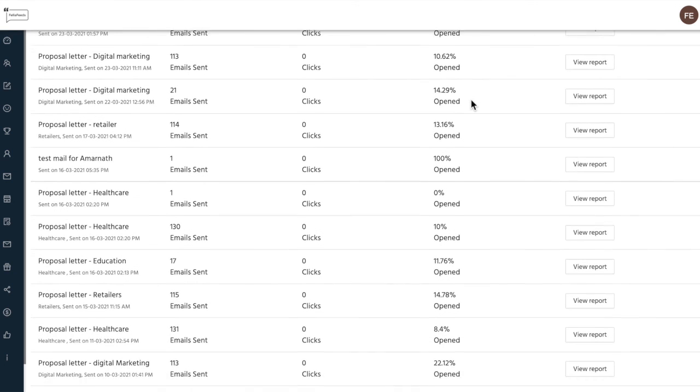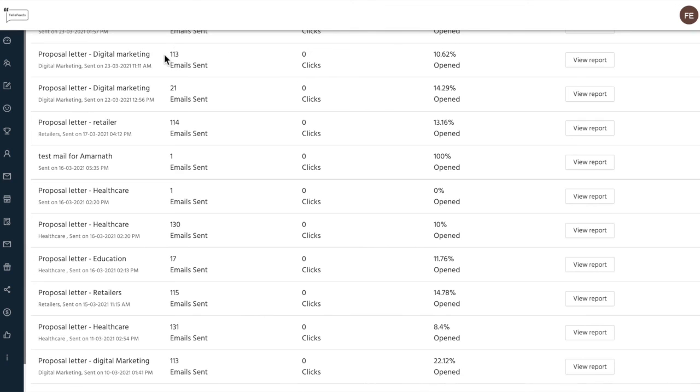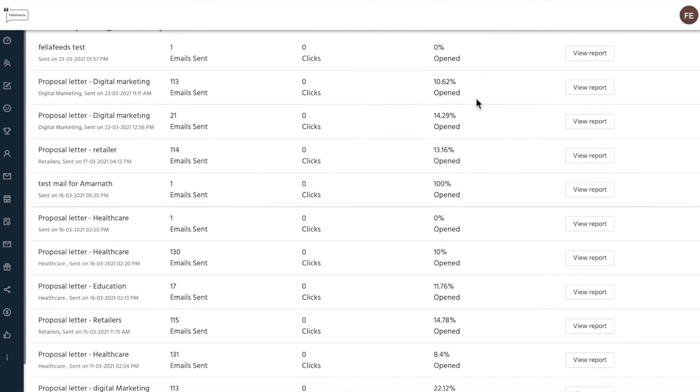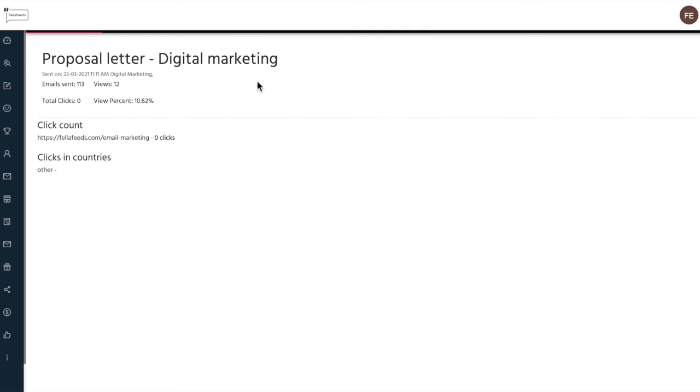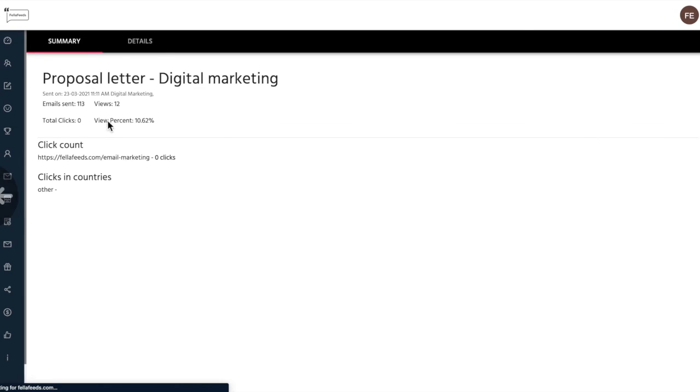But the campaigns we have sent before this are showing this amount of emails we have sent and this particular amount opened. You can also click on view report for the detailed report. In the detailed report, it will show you what kind of response you're getting on that particular campaign.